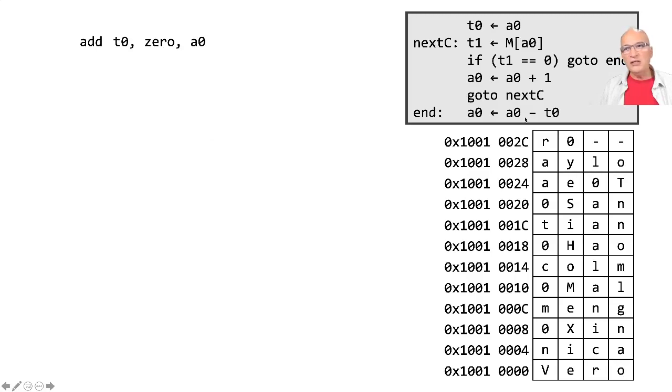So translating this into assembly for RISC-V, I first make a copy from A0 into T0. It's my temporary. I use a load byte unsigned to get the byte from the address given in A0. And I use load byte unsigned so that my code will work also when I have an extended set of characters. All the characters in the ASCII